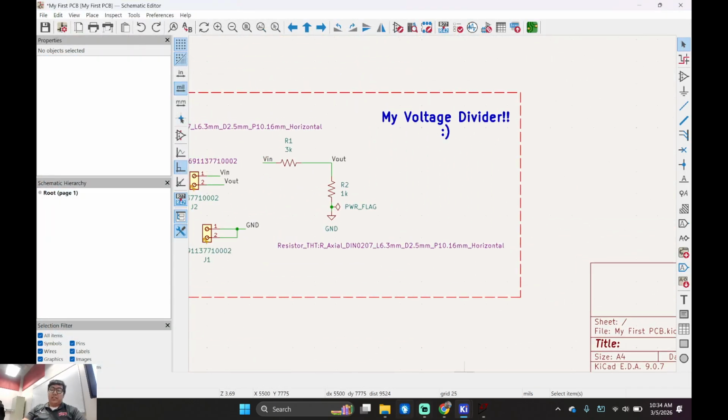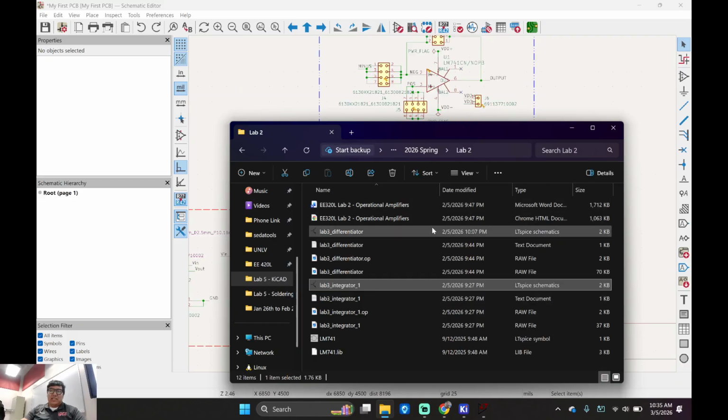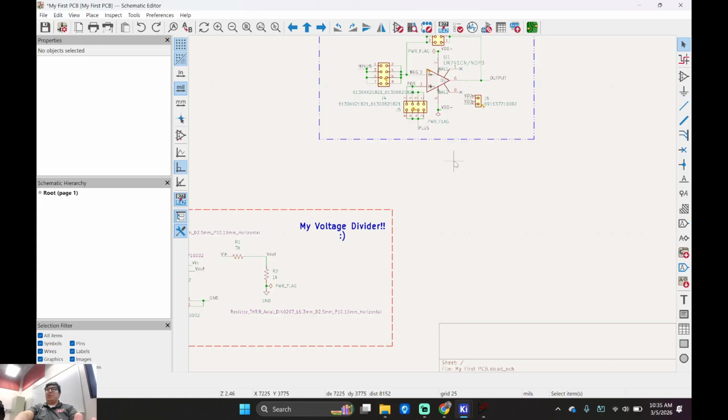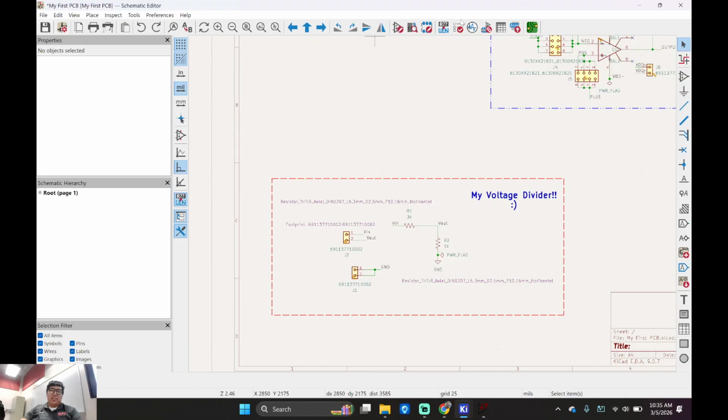Because you know what I'm doing? Everyone's going to have a screen here, so I'm going to look at it. But some people are sending me their actual design file because they do it from home or from a laptop, and for some reason the laptop doesn't work, so they send it to me. So I open the folder. This is a student's board, not my board, so they're having this error. Let me do an ERC.